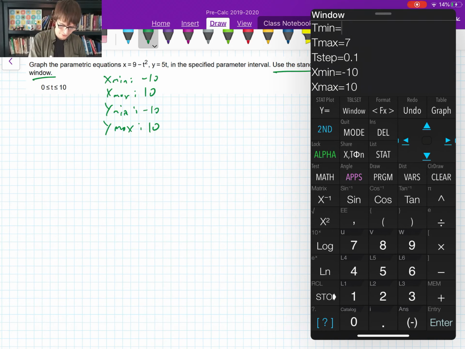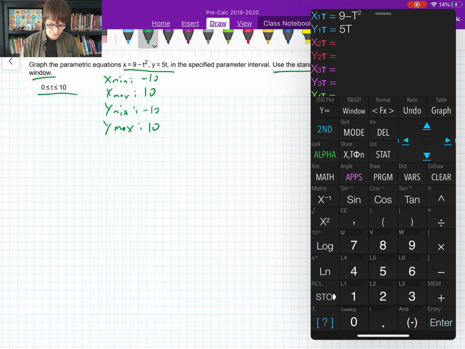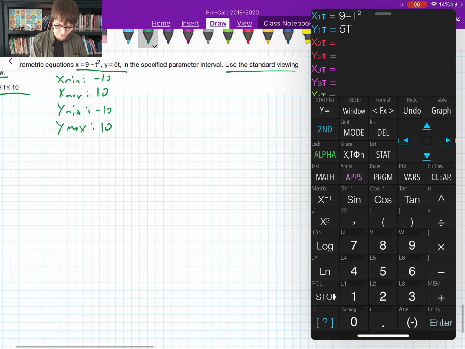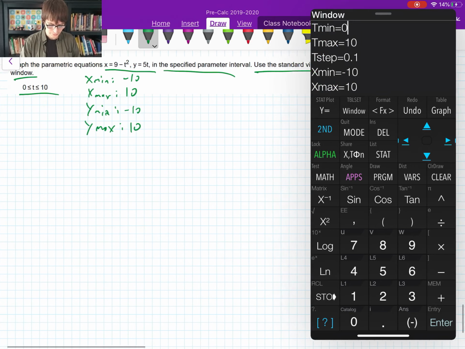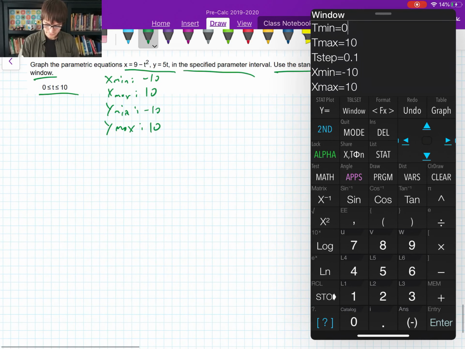It says our t is from 0 to 10, so let's plot 0 to 10 there. Okay, and let's see. We've got x. We've plotted the equation. We've got the y equals, right? We've got the specified parameter interval. We've done that. That's just everything we've plugged in. And we've got the standard viewing window. So if we press graph, it should be